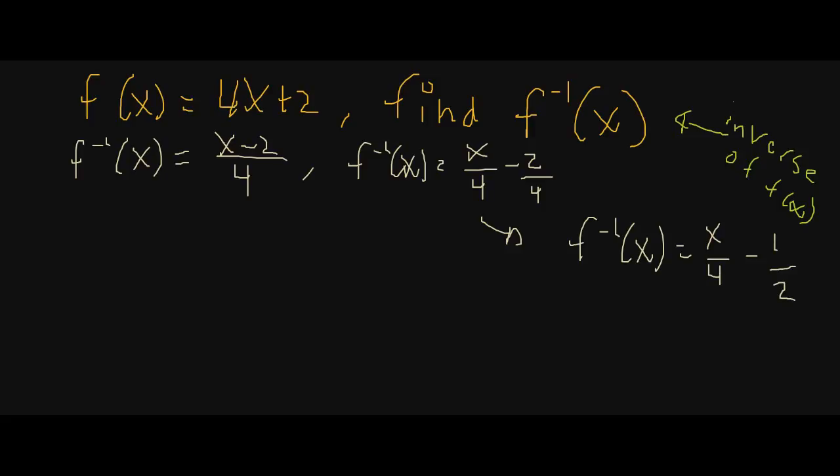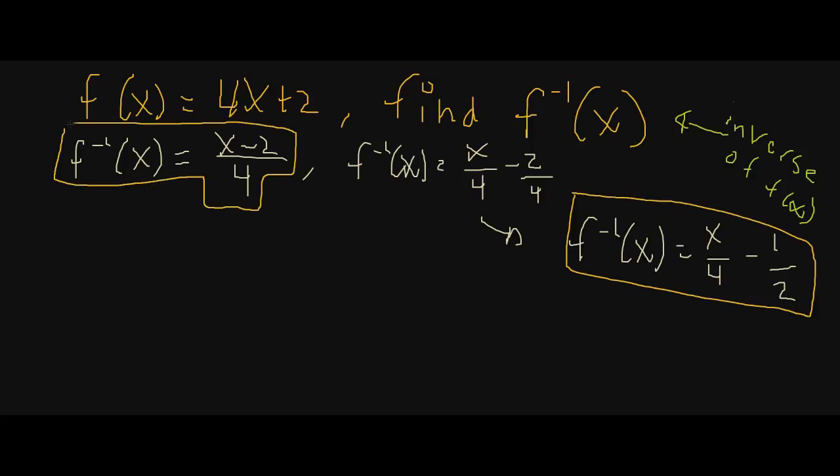It's up to you to decide, but as you can see, the way we set up this original problem is just the opposite of addition: the opposite of adding 2 is subtracting 2, and the opposite of multiplication is dividing, so we divided by 4. Let's use another way to solve this,